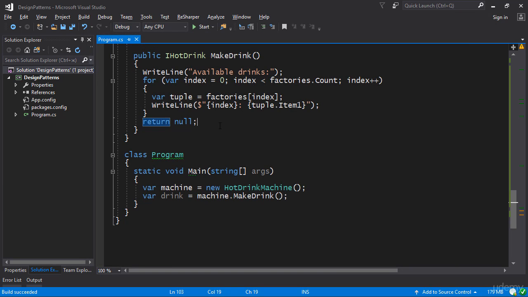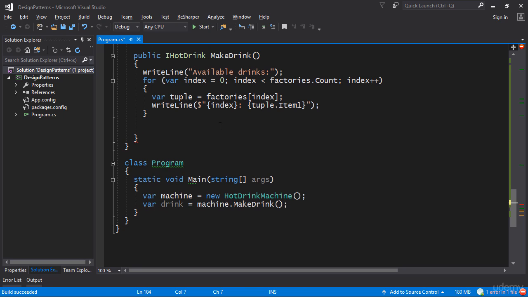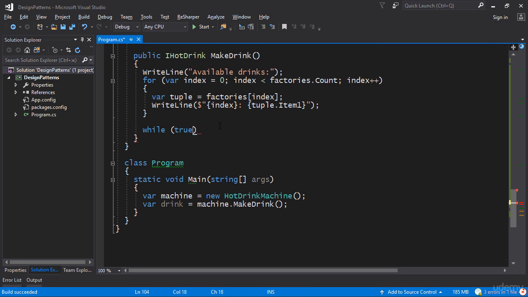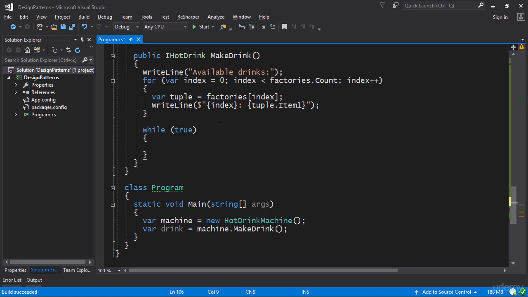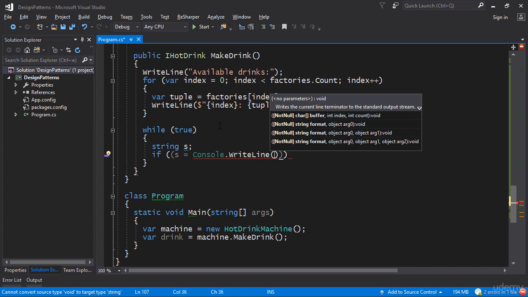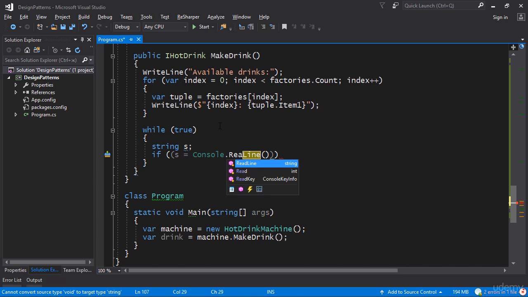Okay, so now we want user input. So we want the user to specify what kind of drink they actually want. And since the user input can be faulty, because we're expecting numbers and they might enter, I don't know, something else, something completely irrelevant, what I'm going to do is I'm going to put a while true here. While true, like so. Okay, so first of all, we're going to have some string where we read the data into. So we say if s is equal to console.writeLine. So if we read the, well, it's actually ReadLine here. If we read a string, and the string is not null,